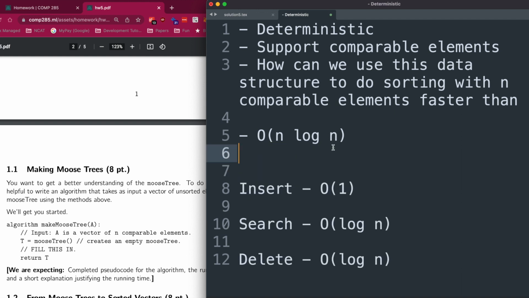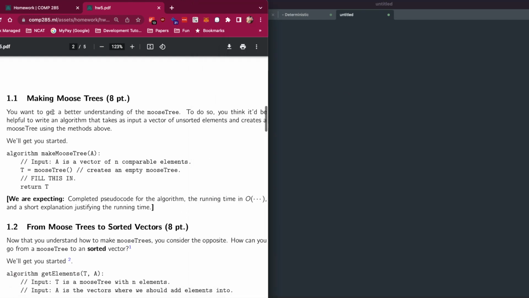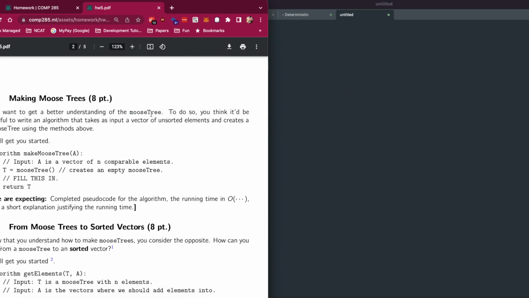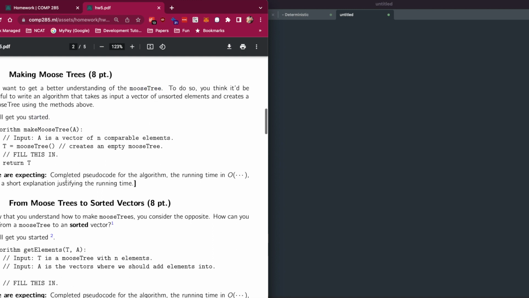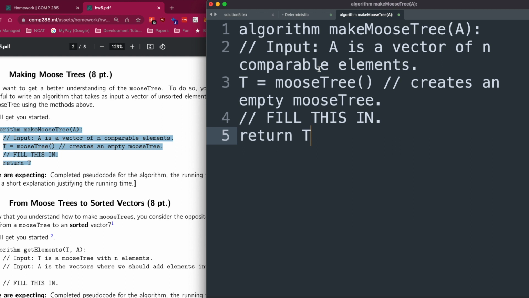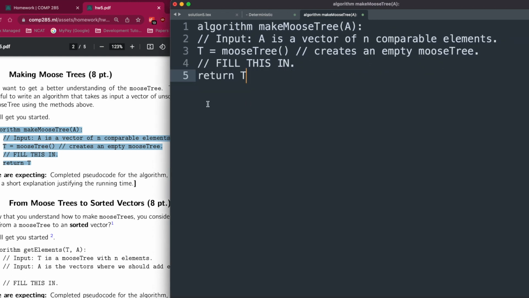Cool. So keeping that in mind, let's jump into 1.1. Again, this one talks about trying to get a better understanding of Moose trees. Basically, we want you to complete the pseudocode and provide the running time and a short explanation justifying the running time of your algorithm. And if we zoom out a little bit and maybe make this bigger,